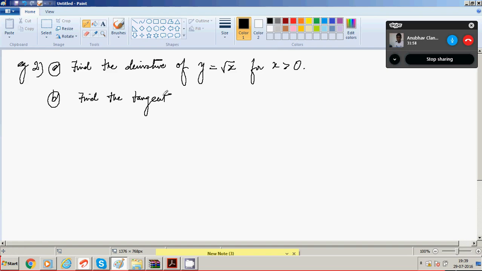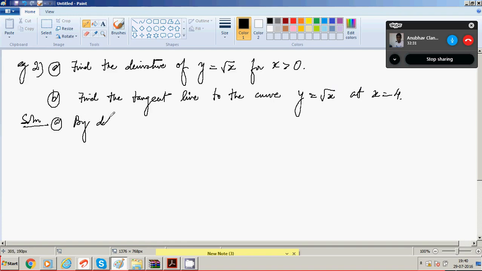Anubhav, in part A, why do we require x greater than 0? See, because if x is not greater than 0, then it's a negative number which results in complex numbers. Yes. Good. So solution to part A,